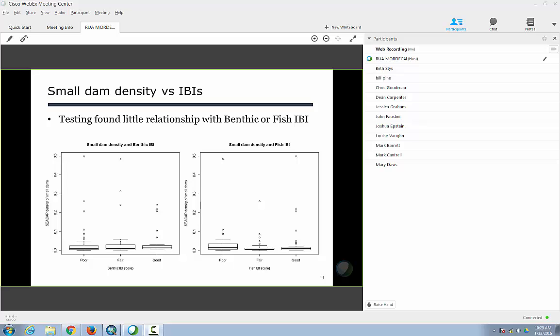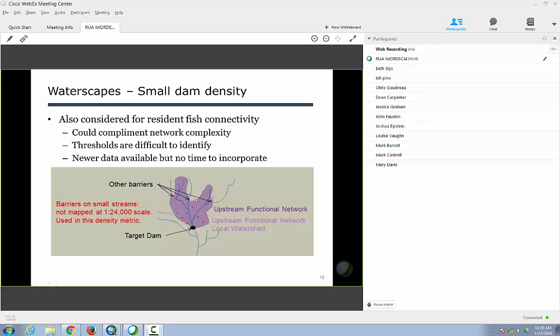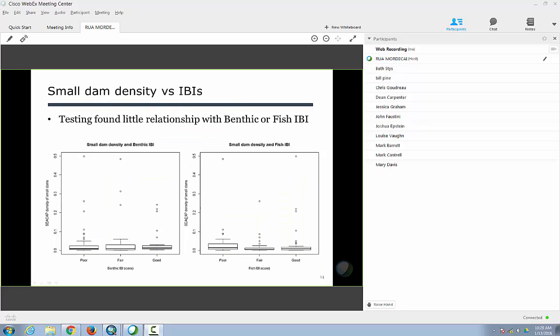I actually even tried some quadratic functions and some others looking at thresholds, and pretty much any way you slice it, the higher density of small dams, and this is upstream and downstream in those pieces, those little dams that weren't quite mapped, and the density just didn't really have any relationship, even with some quadratic equations and other things. Is it because that